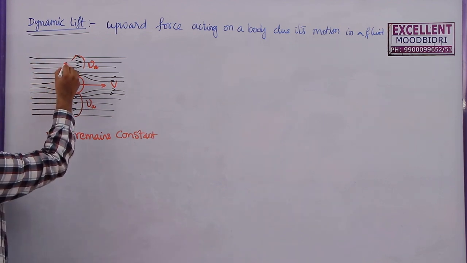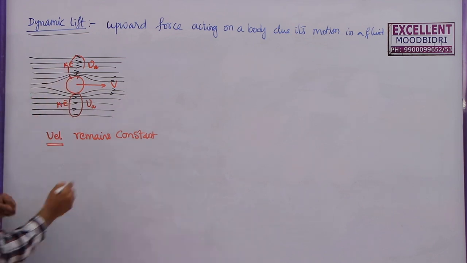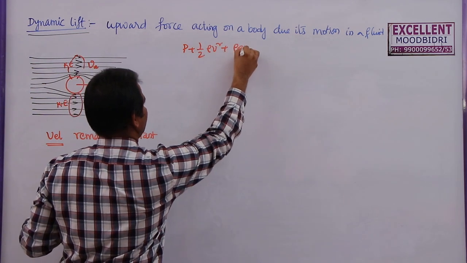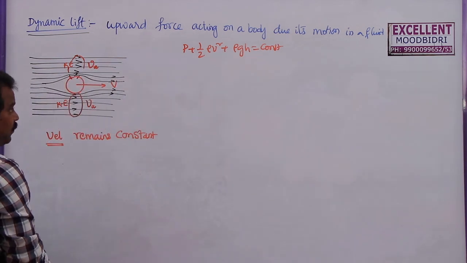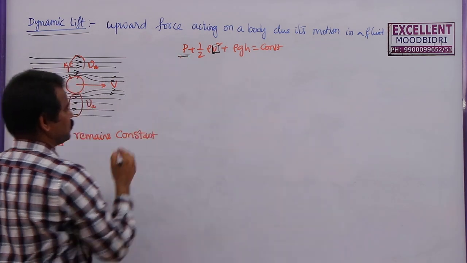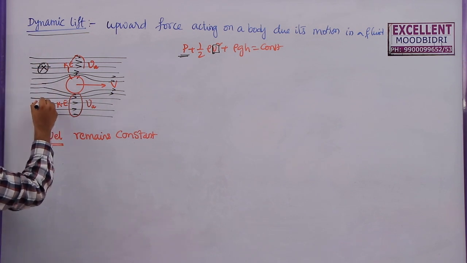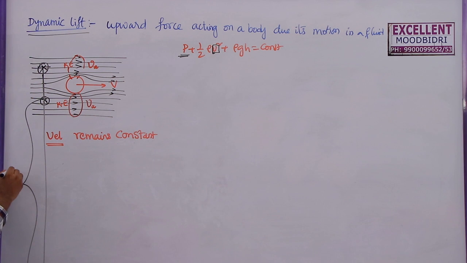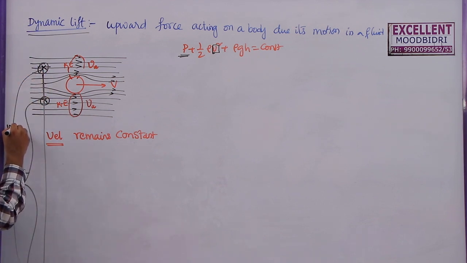Now, when this happens, there is no velocity difference here. That means the kinetic energy of the air above the ball is equal to the kinetic energy of the air below the ball. According to Bernoulli's theorem, P plus half rho V square plus rho g h is equal to constant. So whenever the velocity is constant, the pressure remains constant, because from ground level, this point as well as this point are almost at the same height. Let us say this is 10.2 meters and this will be around 10.3 meters.